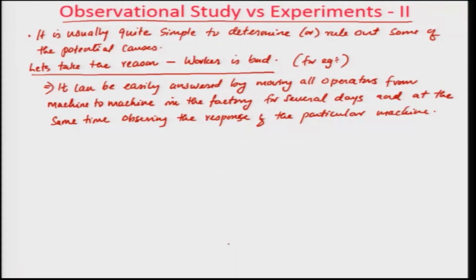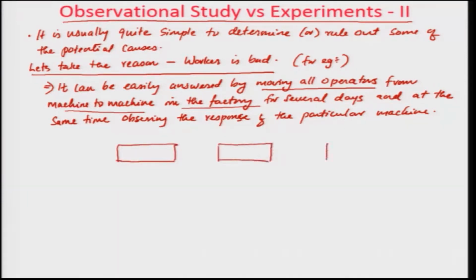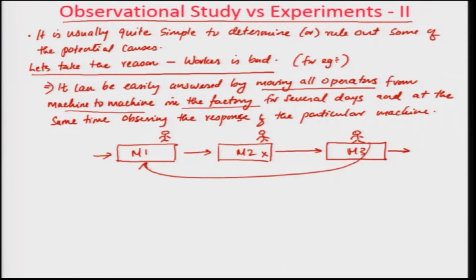Okay. So, what you have done here in this case is you moved all operators from machine to machine in the factory. So, you are switching operators now, multiple operators. Schematically, let us say these are the three machines in the factory, machine 1, machine 2, machine 3. This is the way the production is happening in the factory, and there are 3 different workers. So, what you do is you move this worker to here, this worker moves here, this worker moves here,